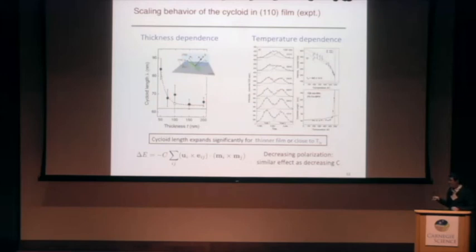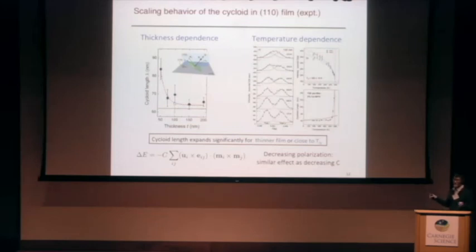And the spin current model may offer an explanation for this finding, because if the polarization decreases with smaller thickness or increase in temperature, then this term becomes weaker. And the weaker of this term means the cycloid period is longer, because, as you know, the antiferromagnetic order can be understood as a